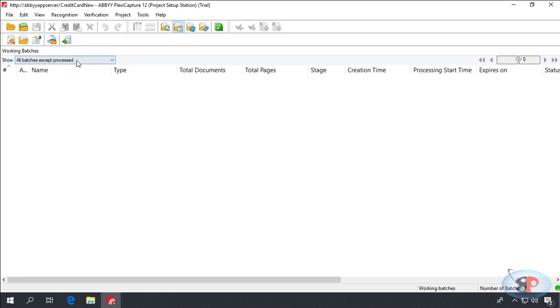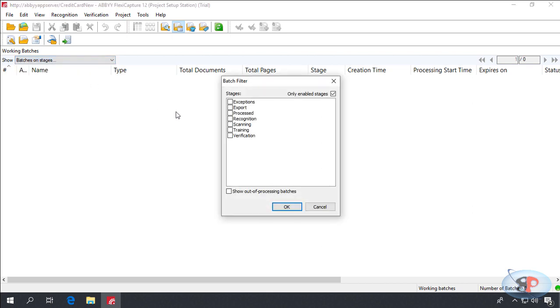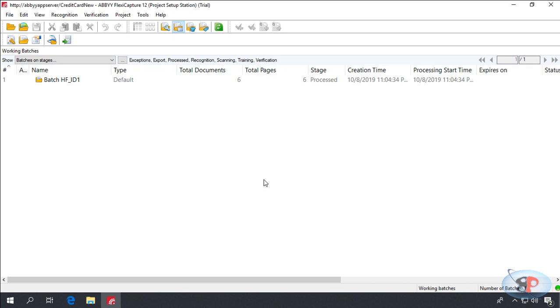So if I click this drop down and select batches on stages, then select all the stages and click OK. Now you should see the batch, and if you notice the stage, it shows processed. Wonderful. Now if I go back to the output folder,